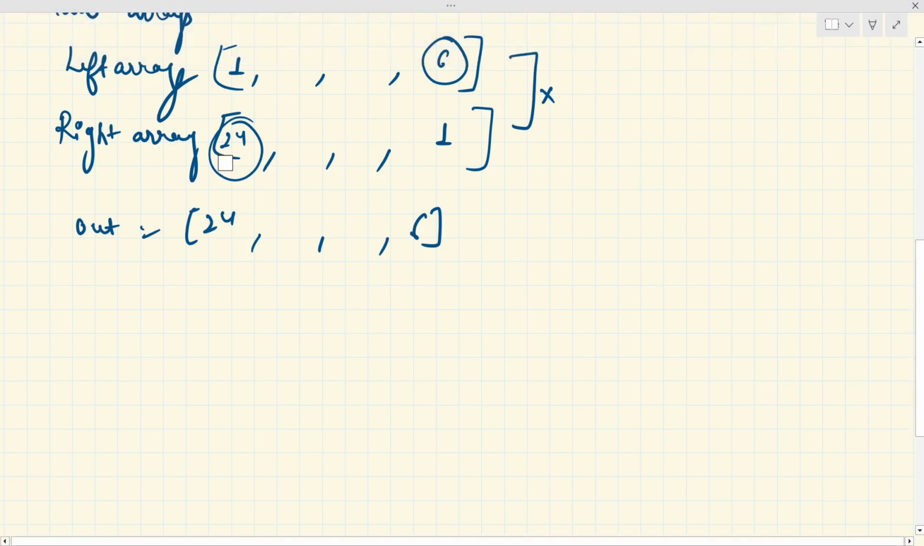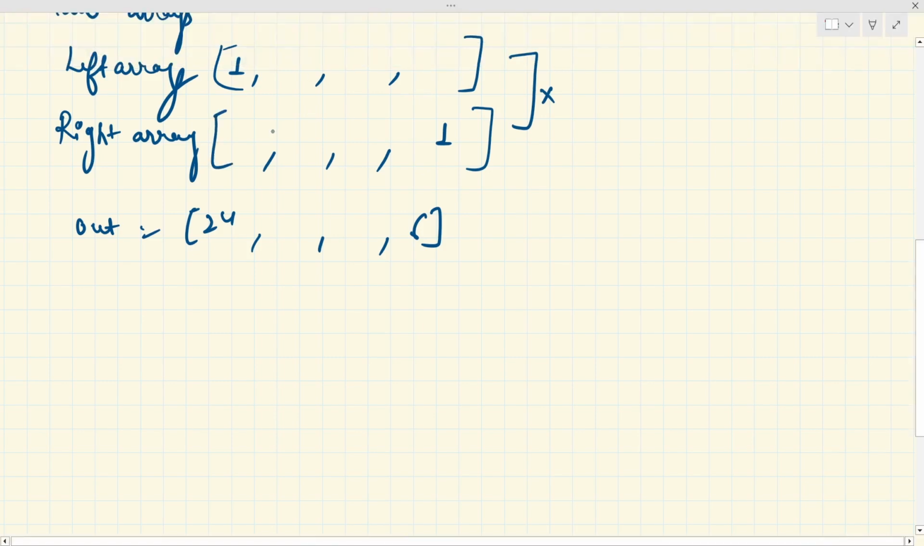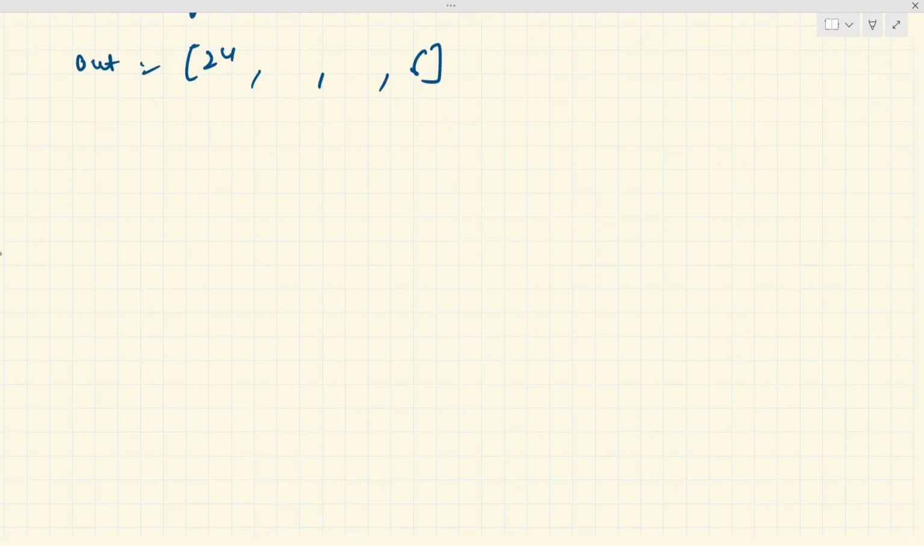This is an important question. So how can I find these values? This is the task. What I can do is iterate over a left array. What I do is iterate over a left array and check, for a